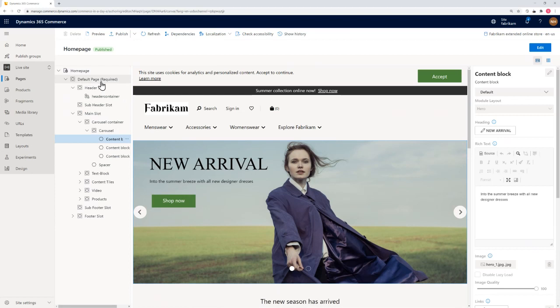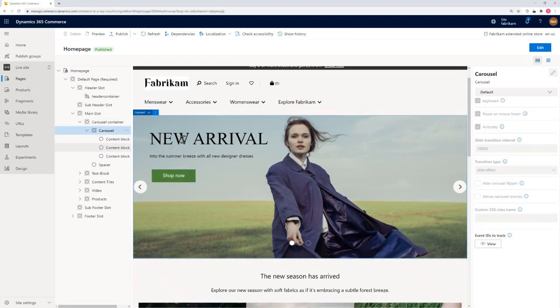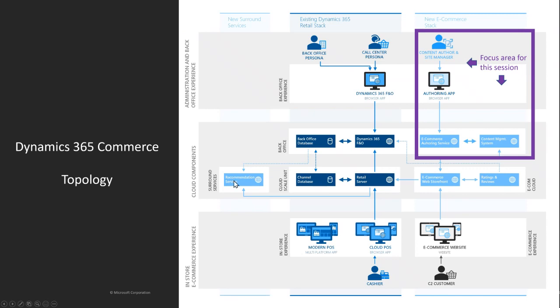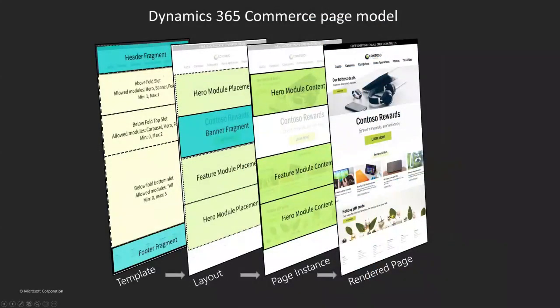And over here on the left, we're seeing a structure of what's in there. So you'll see something called a carousel. And I just want to familiarize you with this before we go back into the PowerPoint to give you a couple things to think about. And you'll see that these structures are authorable blocks of stuff that you can build. So without further ado, let's go back to the presentation